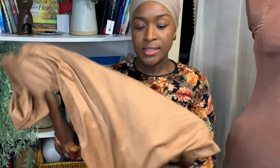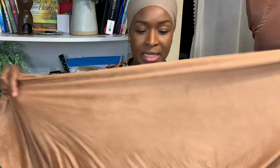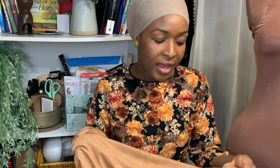I had seen this the second time I went in the clearance and I left it behind. I couldn't really bring myself around to it, but it's just 1 yard remaining. And then when I got home that evening, I remember thinking, I've seen these faux suede skirts, and because I'm thinking of making matching sets and these cover-ups like abayas and different things, I thought, you could make a faux suede skirt and then just wear something over it. All in all, I've never sewn with faux suede, and I'm all about trying new things, new materials. And for $3, if I can whip up a skirt out of this that I'm happy with,